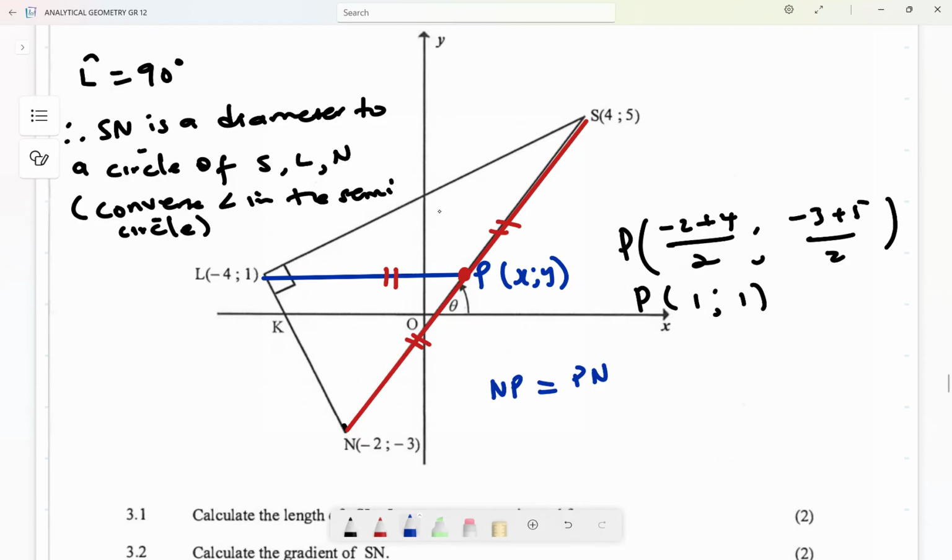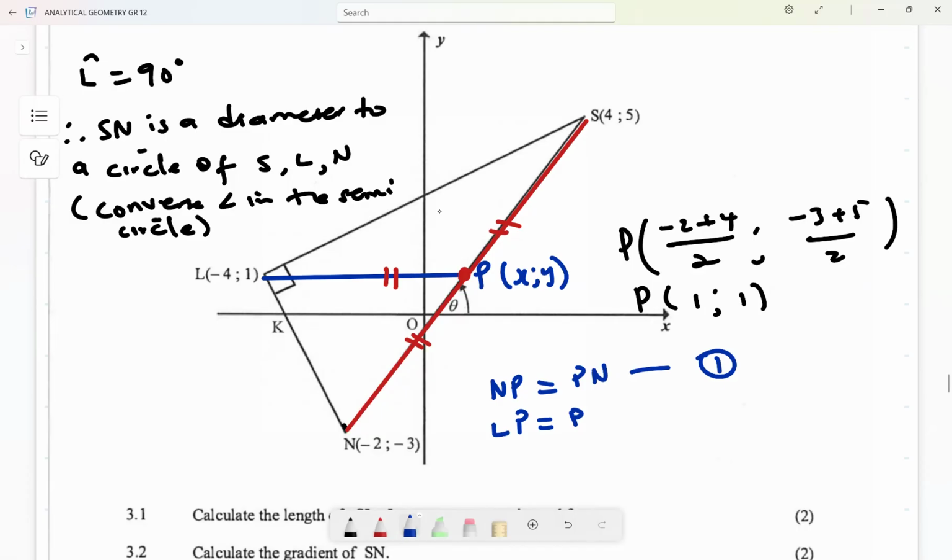NP is equal to PN, equation 1, and then for the second equation you can use LP is equal to, you can also use PN again. PL